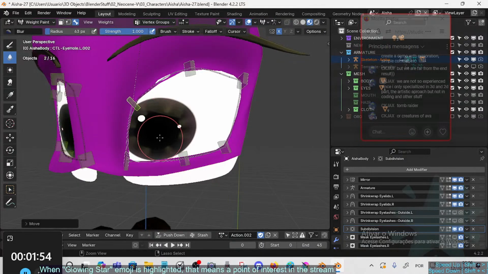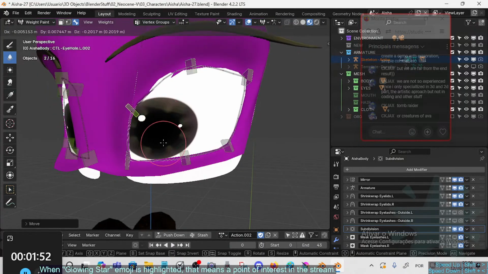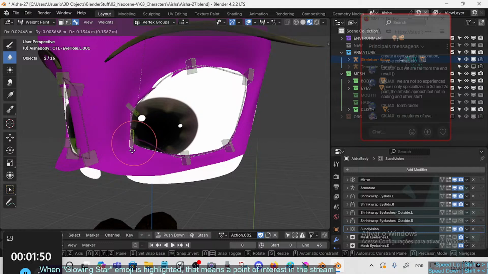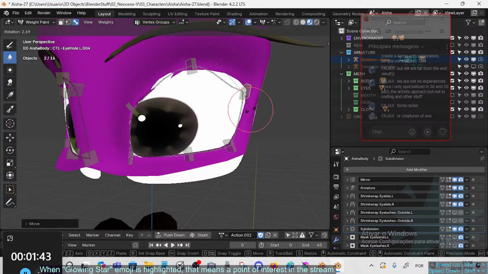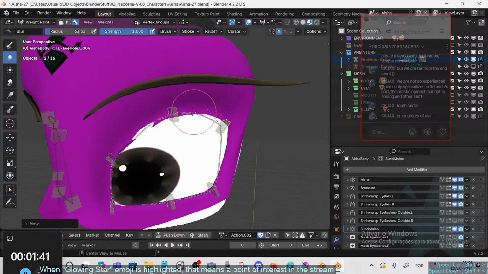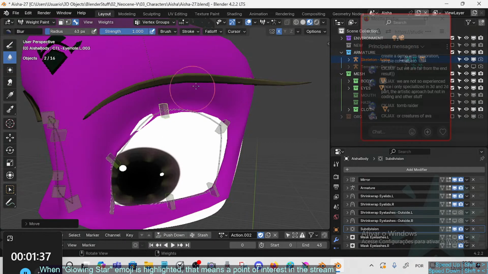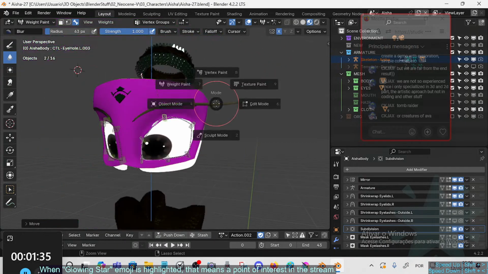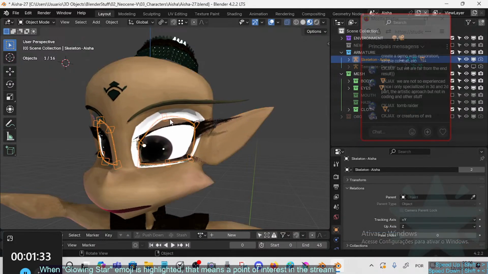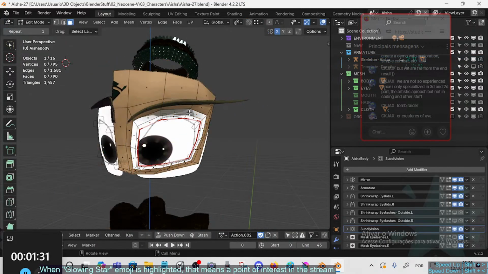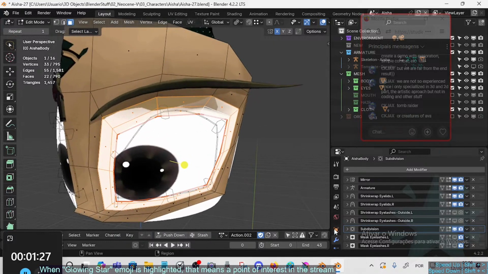Oh, there's some intersection here. This can be helped, of course. So this is not exactly the eyelids. Now this is the eye hole itself, with some parts of the orbicularis oculi mesh. So now that I have this, we can maybe just repaint this with the